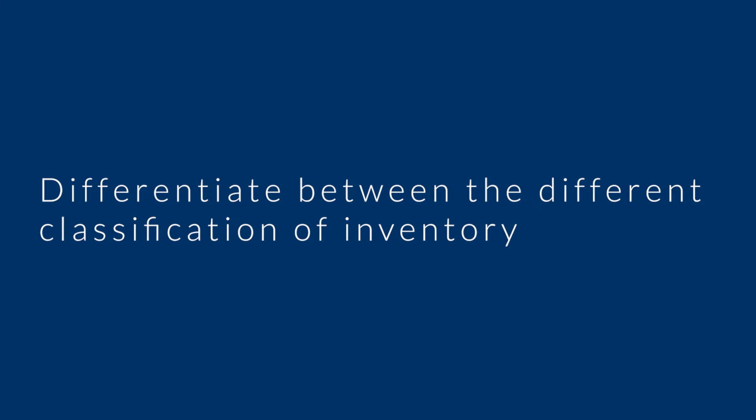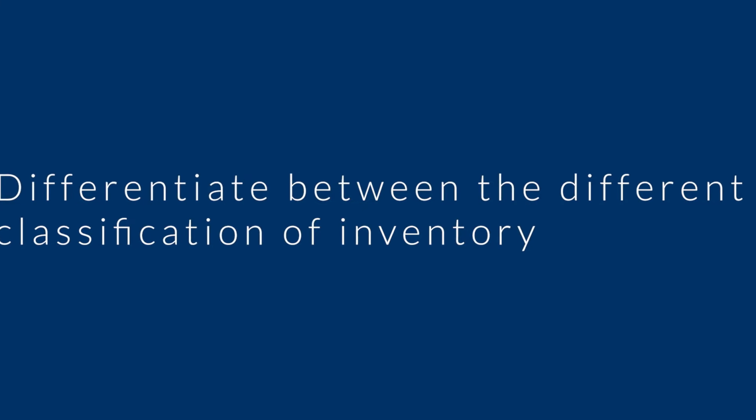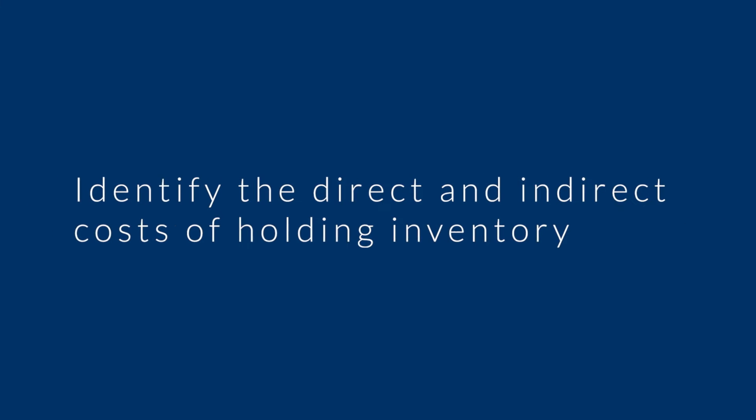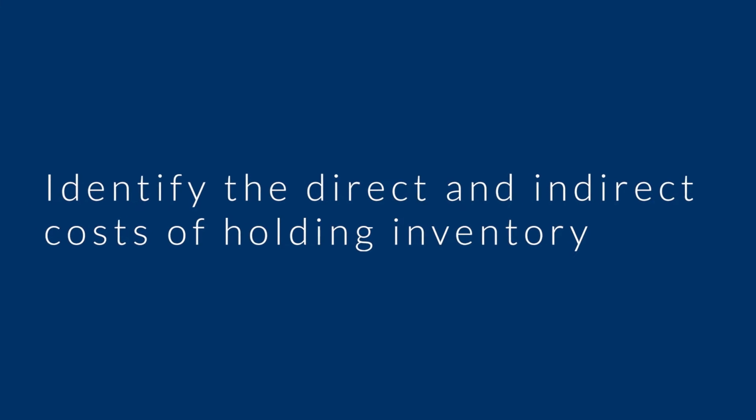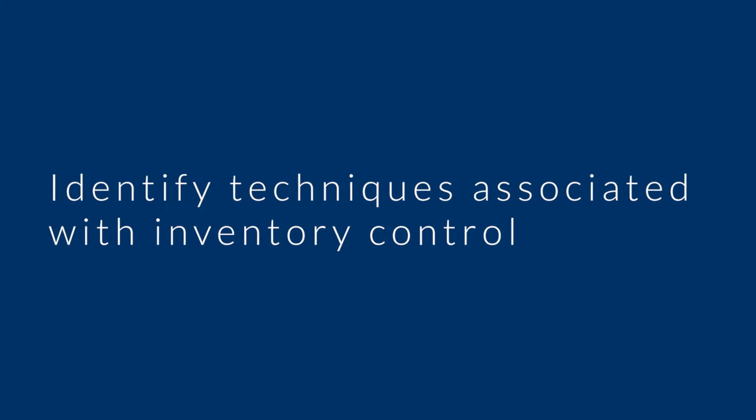Then again, remember, this is just a summary of everything you need to have at the tip of your fingers as you proceed for your exams. The point is, we are trying to summarize this to make it easier for you to understand these things. So in this case, you first of all need to differentiate between the different classification of inventory, after which you'll have to identify the direct and indirect cost of holding inventory. And finally, you'll have to identify techniques associated with inventory control. So let's dive into that and talk about everything that you need to know as far as that is